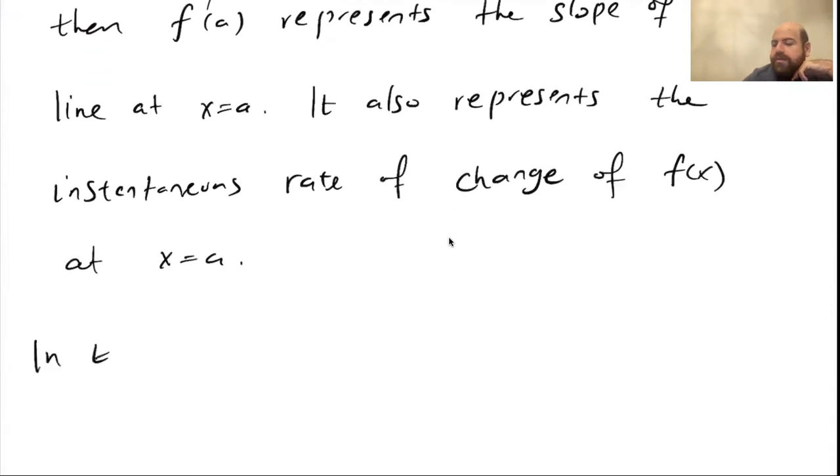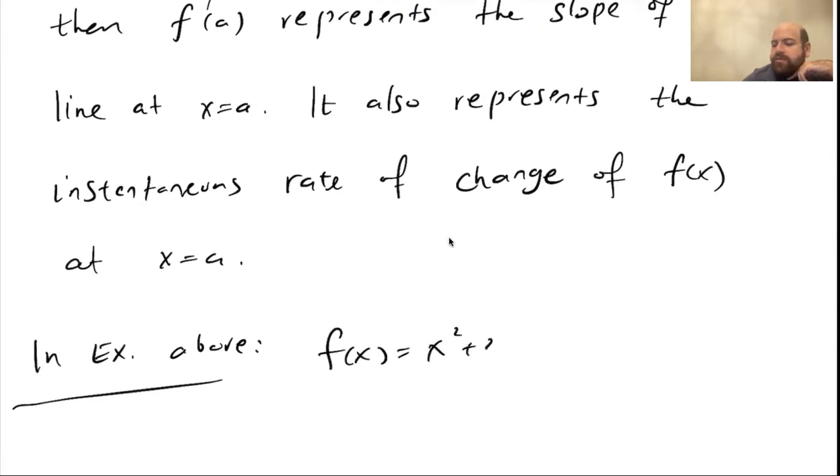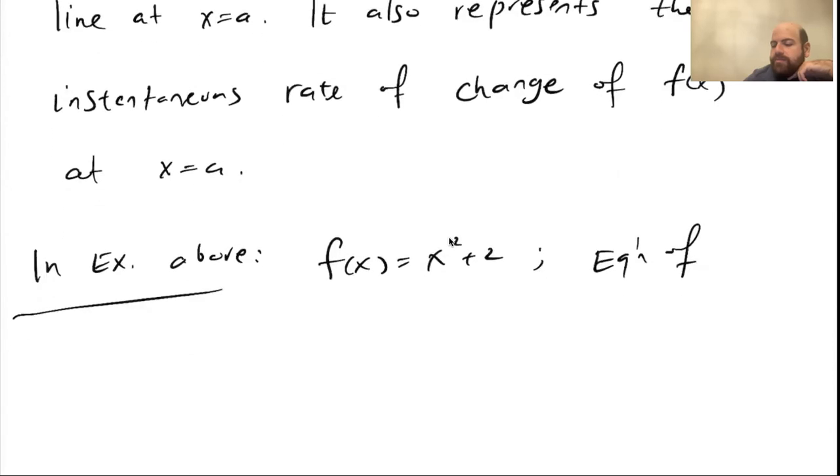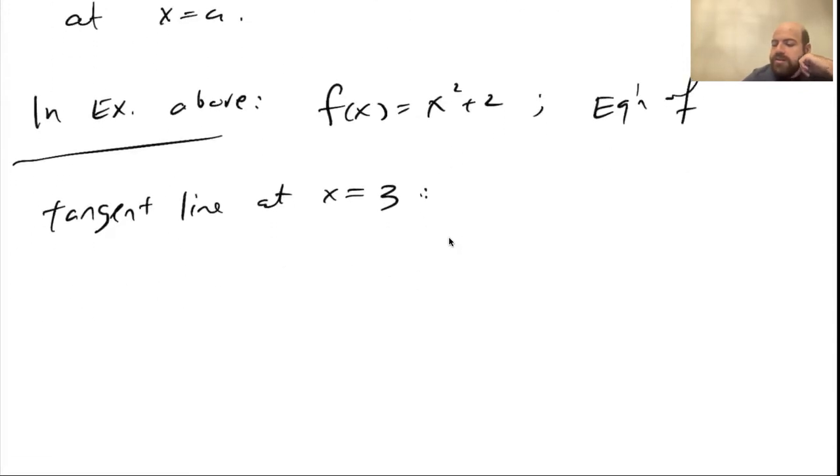So for example, in the example above, if we had f of x equals x squared plus 2, and we want to find the equation of the tangent line at x equals 3, well, we know f prime at 3, so we found a derivative at 3. So the equation of the tangent line would be y minus f of 3 equals f prime of 3 times x minus 3,